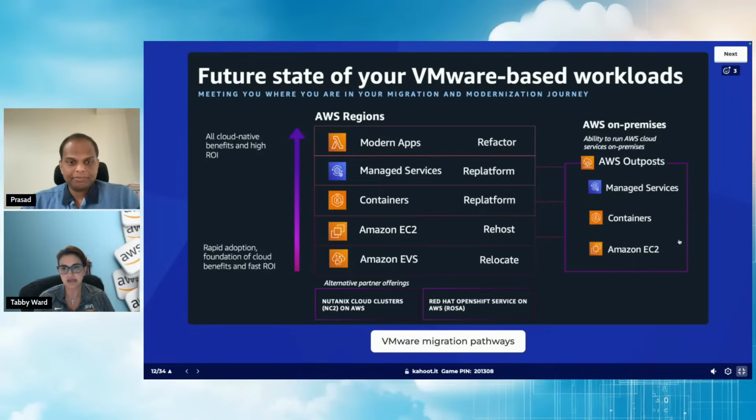It's an easy ramp to elasticity and scale for your VMware environment. If you're married to the VMware environment and you don't want to rehost or replatform, that's the way of extending it to AWS and taking advantage of AWS native services. We have a slide coming on that, so I'm not going to emphasize too much on that.